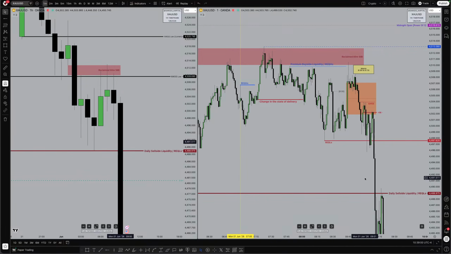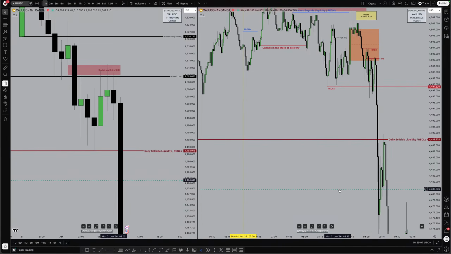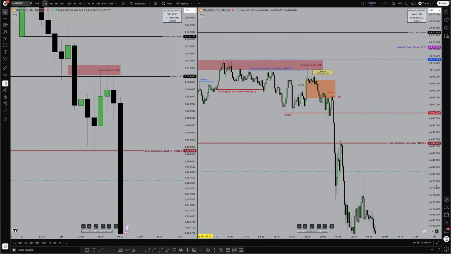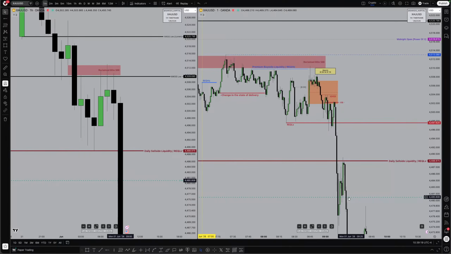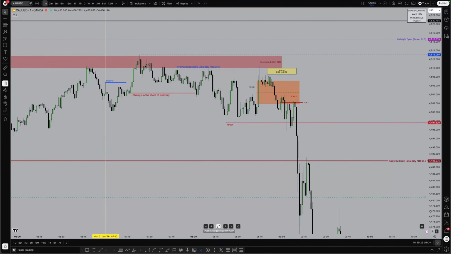Then I eventually saw that sell off towards my daily sell side liquidity, and eventually we made it to the equilibrium of that range. So obviously you can target any discount below that to be specific, but I just wanted to see it drop all the way down to these lows. Okay, so just to zoom in here on 1 minute,